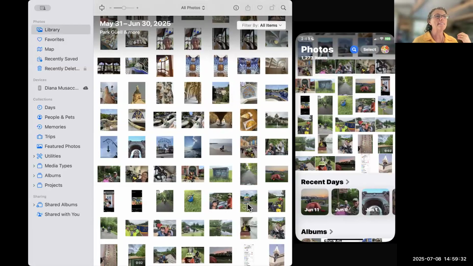The library shows every single photo in order of when it was taken. That's it. There's no way to organize these. It's just, I took this one before that one, and I took that one after this one. That's it. Does that make sense? If I were to grab this one and say, I want to put that one over there because it makes sense, nope, it won't let you. This is solely by order of when the photo was taken. Same here. You can't even begin to try to drag it to move it over. Nothing. Okay. So